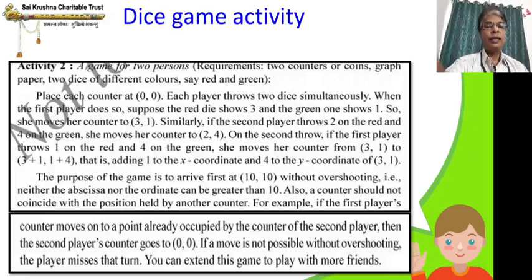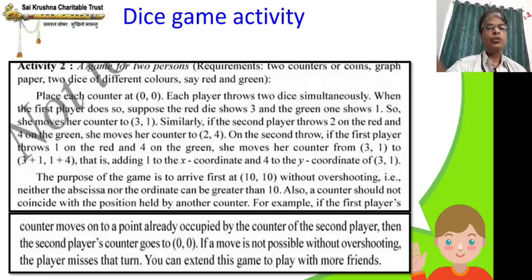When you throw the dice, whatever is coming in the first, we will take it, as they have shown here, red and green. So let us take red as the x coordinate and green as the y coordinate. If you get 3 comma 1, then move 3 on the x axis and 1 on the y axis. You can keep on moving like this. This will be only positive. There are no other quadrants, 2, 3, 4 are not there. Only the first quadrant you can do. And whoever reaches 10 comma 10 is the winner.